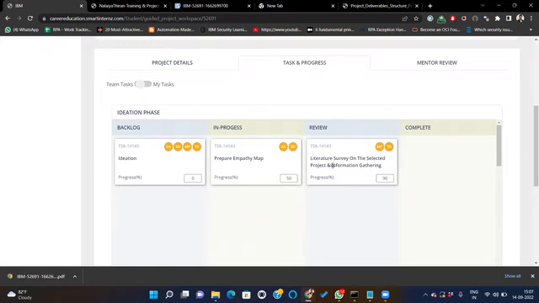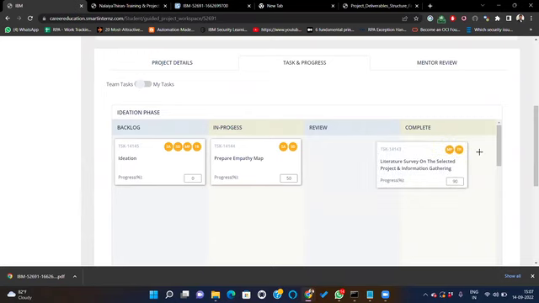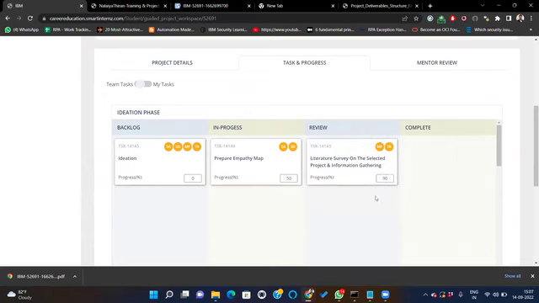So that's the reason for our request. Let's tell the students to assign each and every task to a team member so that it will be easy. Once all the tasks are assigned, the evaluator can mark them. Once the industry mentor moves this card to the complete section, the parameters related to this literature survey will be enabled for the faculty evaluator or the industry evaluator.